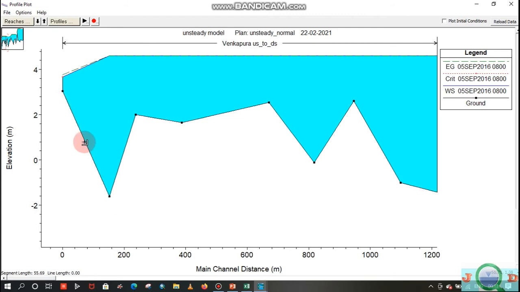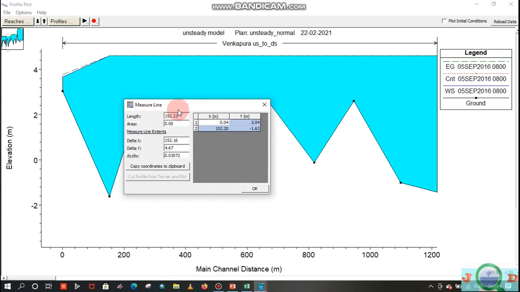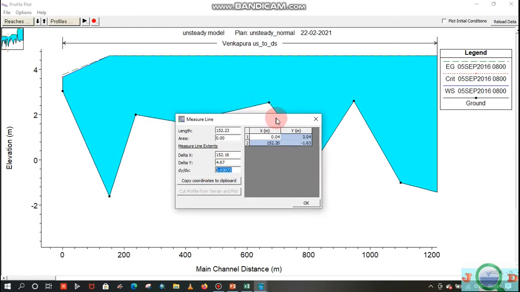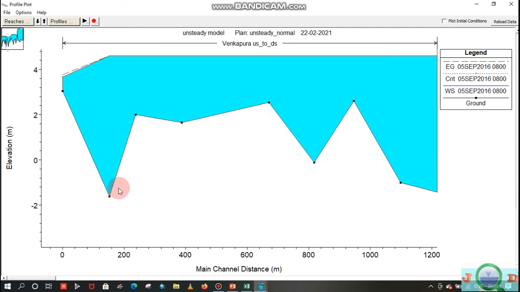I select that point and to this point, and okay, so you will get the slope of this bed on the cross section. So this one is the dy by dx, and we can use it as the slope. Copy that and do the same process for each slope.